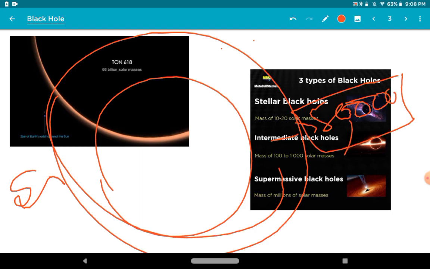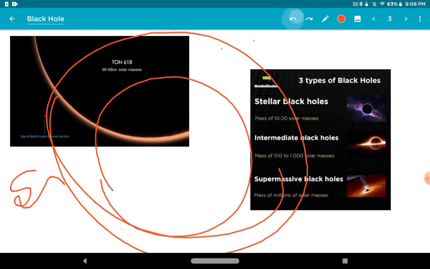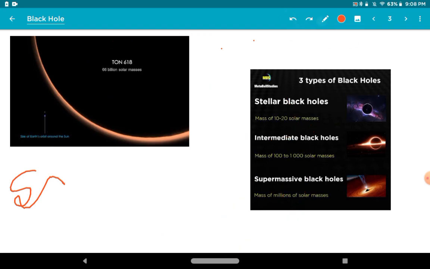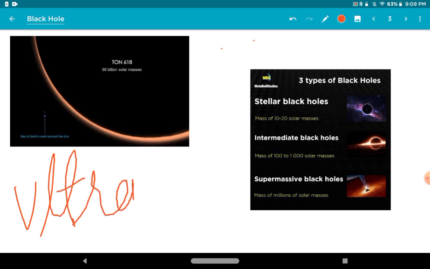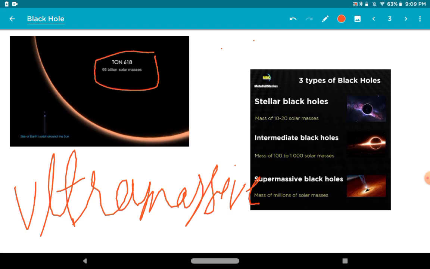50,000 गुना बड़ा है। अब ऐसे जो ब्लैक होल्स हैं उनके लिए साइंटिस्ट कम अप विद अ न्यू वर्ड नेम्ड ultra massive black holes, and this is my favorite part. Say ultra massive black holes। और जो गैलेक्सी OJ287 का ब्लैक होल अभी मैंने आपको बताया, जो सेजिटेरियस से 40 गुना बड़े को अपने सैटेलाइट के तौर पे घुमा रहा है, वो भी कुछ नहीं है। द लार्जेस्ट ब्लैक होल इन द यूनिवर्स इज TON 618 with 66 billion solar masses।